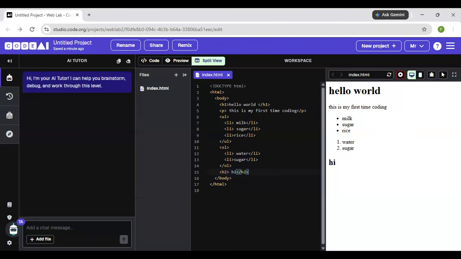H1 means heading, P means paragraph, UL means unordered list, LI is for listing things, OL is ordered list, and H2 is heading 2. All right, that's good.